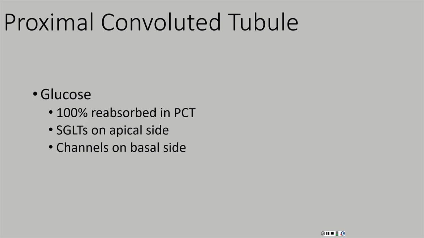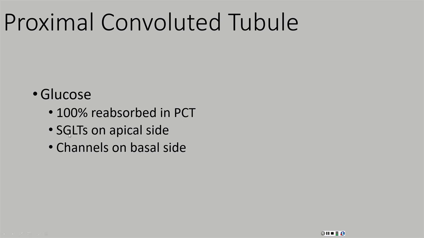Glucose. So 100% of the glucose that was filtered at the glomerulus inside Bowman's capsule is reabsorbed in the PCT. That is in the average healthy adult male. Now, someone who has more than normal glucose, then we exceed that 100%. We'll see that in just a minute. But when someone has the normal amount of glucose in their blood, and that glucose is filtered at the glomerulus, every bit of it is reabsorbed in the PCT. It goes right back into our blood because glucose is our source of energy for making ATP.